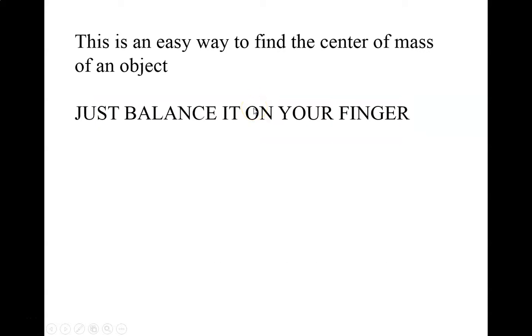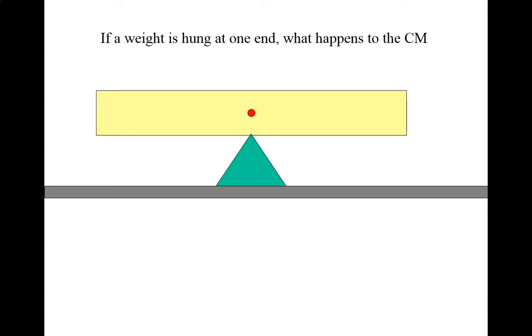So there's a really, really easy way, other than just throwing it into the air and trying to figure out what point it's spinning around. You can just balance it on your finger, and your finger will be in line with the center of gravity, the center of mass. Now, what would happen if I hung some mass at the end of it? What's going to happen? That center of gravity is going to get shifted over to the right, and it's no longer going to balance. That's all I really wanted to